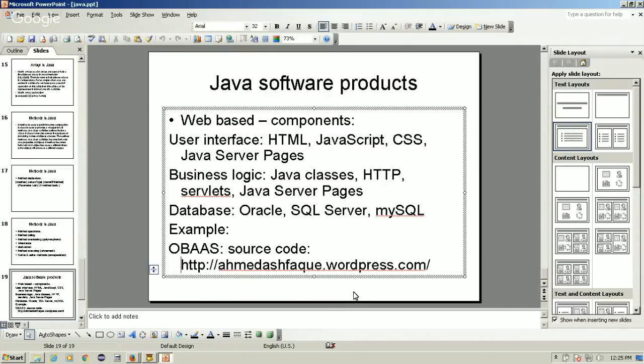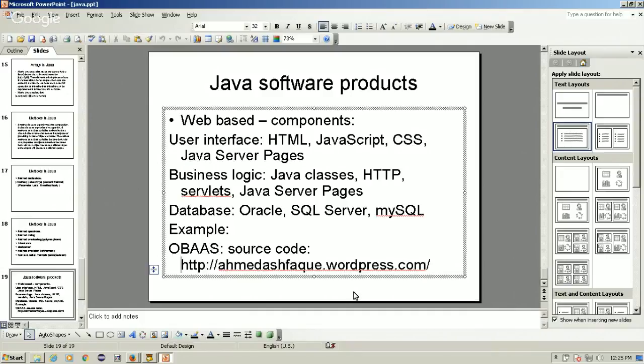I have one example here, like if the sponsor wants to build a web-based software product, like say Twitter or say Facebook. So what could be the common infrastructure needed to build such a software product? So generally, for web-based software products, the user interface will be HTML and some JavaScript for user authentication and some